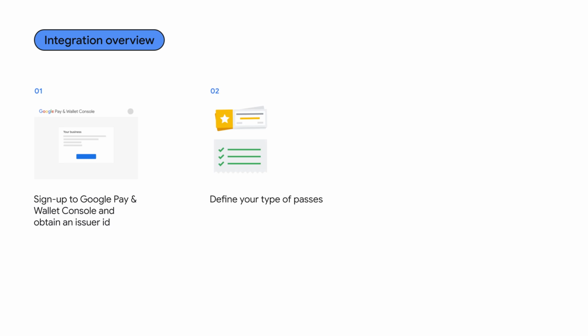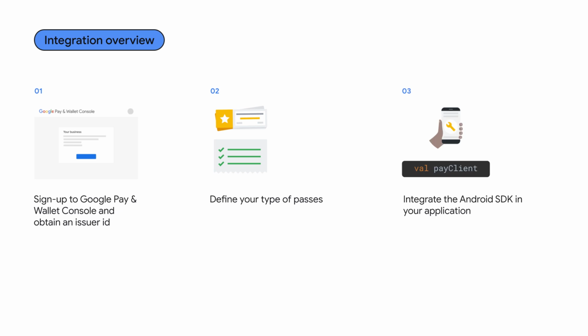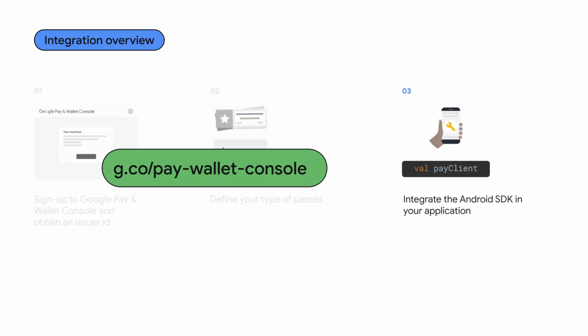The integration flow on Android is typically, first, sign up to Google Pay and Wallet console and get an issuer ID. Second, define the type of pass and create a new pass object for a user. Third and finally, integrate the API on Android to add the pass to Google Pay and once launched to Google Wallet. This workshop focuses on implementing the Android SDK in your application, so you don't need to complete steps 1